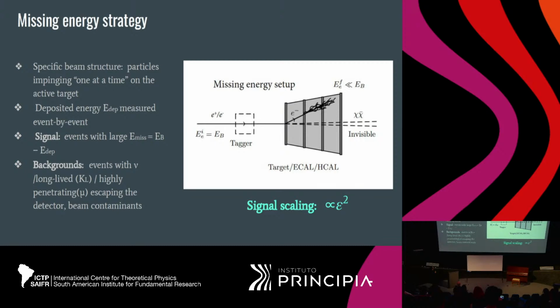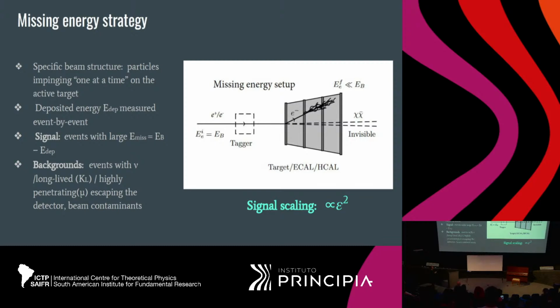Now you are limited in rate. You cannot just dump high current on your detector because you have to tag every single particle. You have to give your detector the time to see the incoming particle, measuring its energy, then the active target, and this means that you are somehow limited in rate. You also need a particle beam capable of providing particles one at a time, which is not always possible for an accelerator. For this kind of experiment, the signal now scales as epsilon squared,